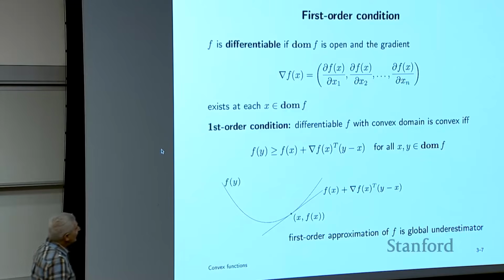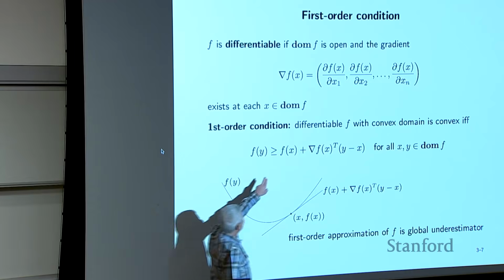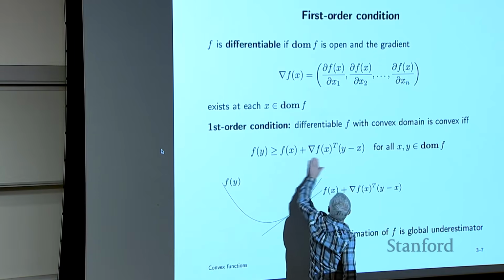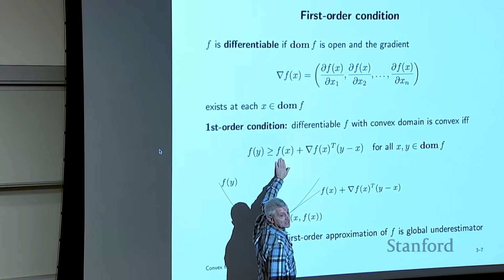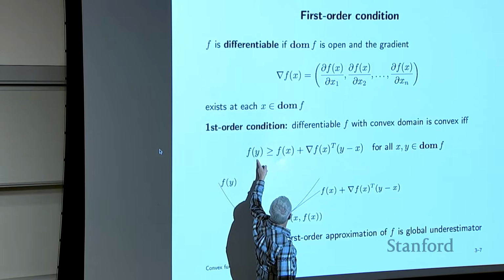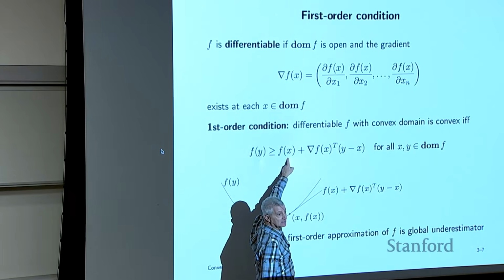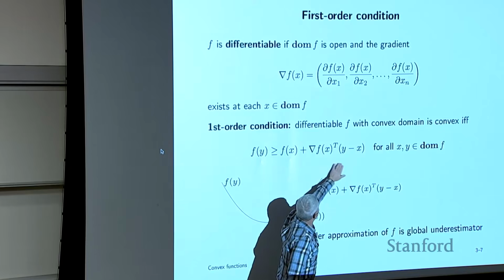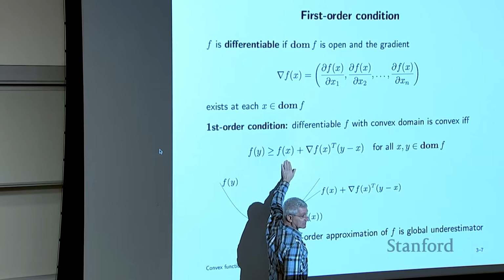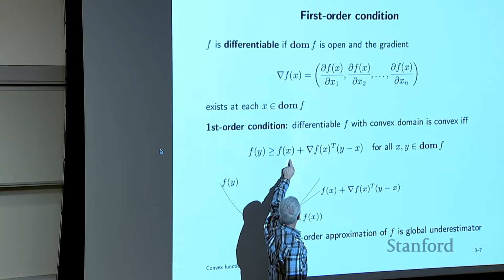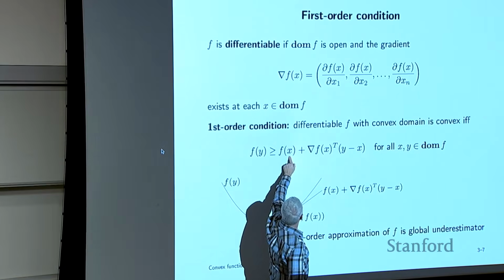Okay, so the gradient is just basically the set of all partial derivatives. And you should recognize this as the first order Taylor approximation of f developed at the point x. Okay, and what that means is this function here is affine. It's linear plus a constant, number one. And number two, at the point x, it's actually correct.